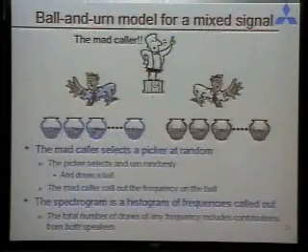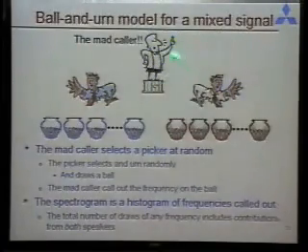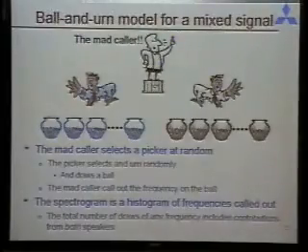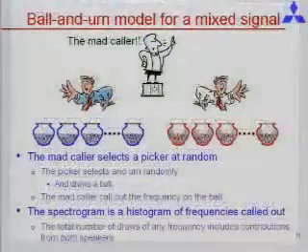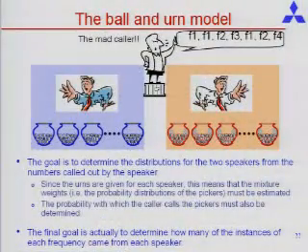But if I have a mixed signal, then I have this third guy who I call the mad caller, and his job in life is to mess things up. So the model for the mixed signal is as follows. At the first level, the mad caller is going to select one of these two guys. He won't tell you who. And after having selected one of these two guys, this guy in turn goes and selects an urn, draws a ball, conveys the information back to the fellow on top who calls out the frequencies. And then you construct the spectrogram of the numbers that he has called out.